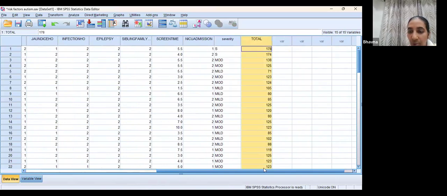This is the total score, taken after applying a score here. A questionnaire was served to the participants' guardians, and the entire scoring has been done to see if these kids are autistic. This is the severity that we got. These are severely autistic, moderately autistic, mildly autistic. So severity of autism has been seen in this data.